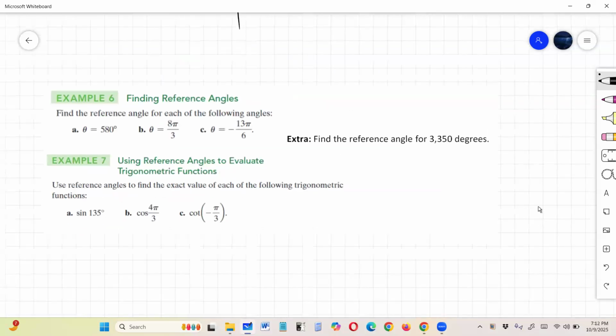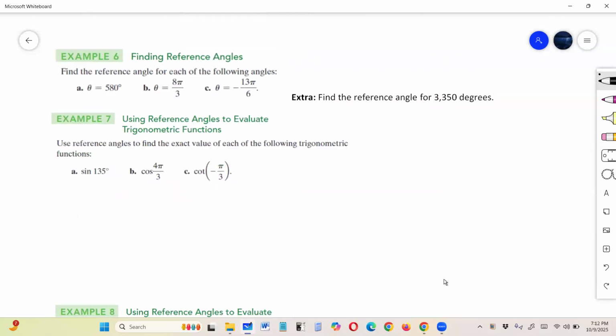Now, let's see when the angle is a little higher than one full revolution. All right, so for example, 580. And we'll do these two, and I'll leave this one as an exercise. It's not a big deal. So 580. Okay. So 360 is one full revolution. And I go a little more. So 580